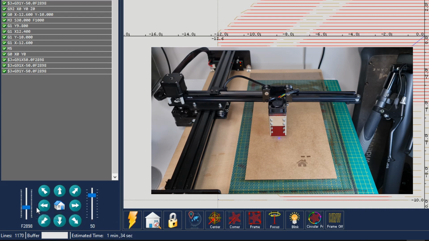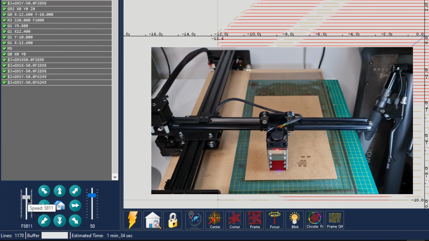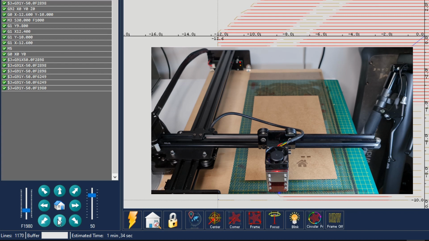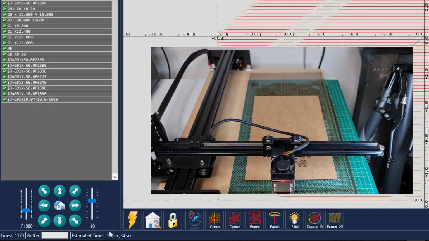Now on the left side you have the feed rate. That's basically going to change the speed. So let's crank the speed up. You will see that now the machine goes faster. Let's put the speed down and you will see that now the machine is slower. Now on the right side you will instead see the step count, or in our case we are going to record how many millimeters the axis is going to move. So let's say we will move 10 millimeters, so it will move 10 millimeters